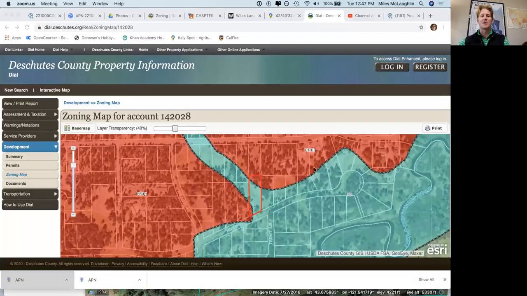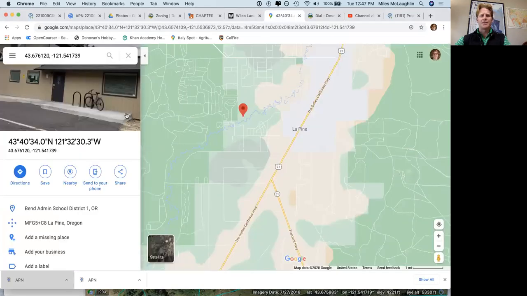My name is Miles. I'm here to share a 0.7, just under an acre property in Deschutes County, Oregon. I'm going to start sharing my screen so we can go over photos and things like that. In this video, I'm going to discuss FAQs like access, zoning, what you can do with the property, and also utilities. So first things first, you want to access a property like this, and a lot of vacant land,